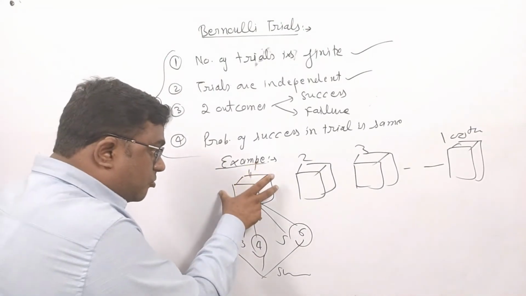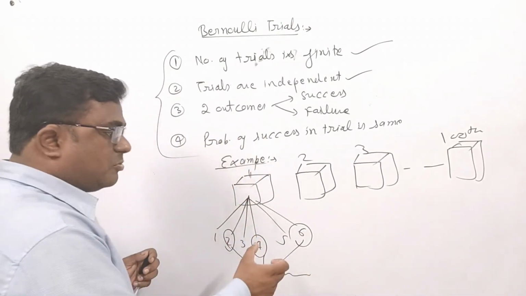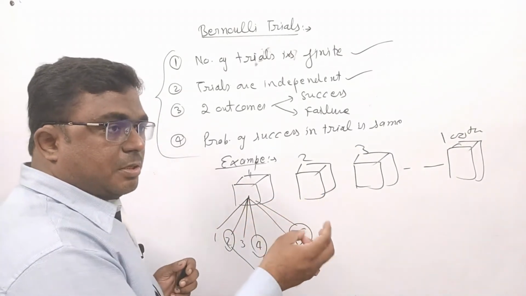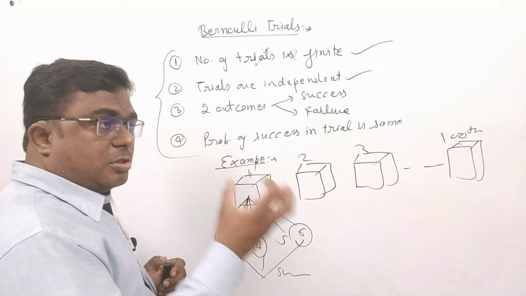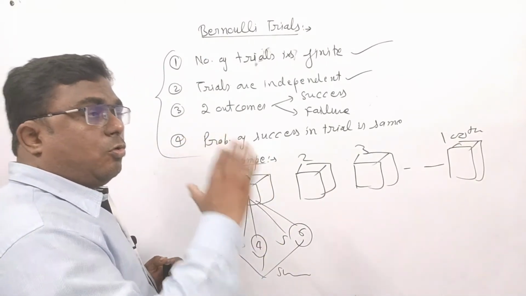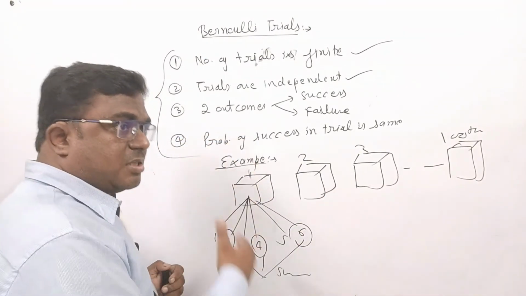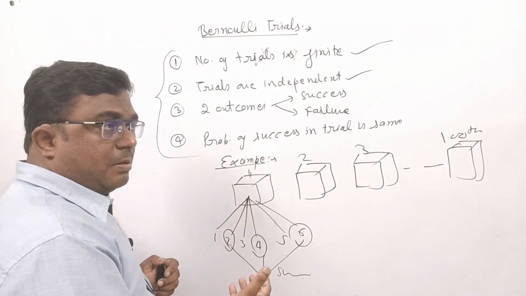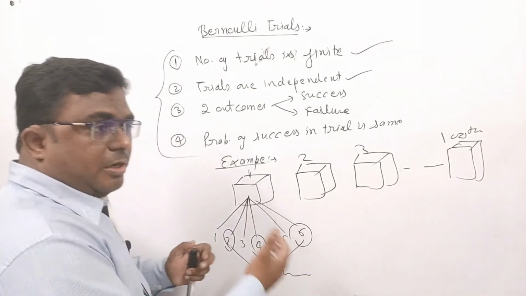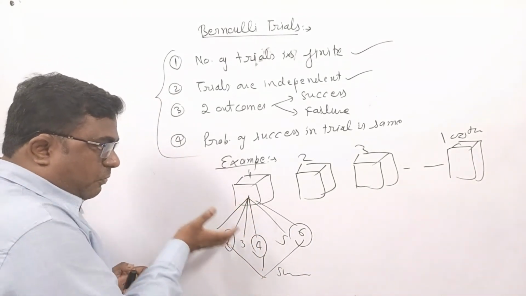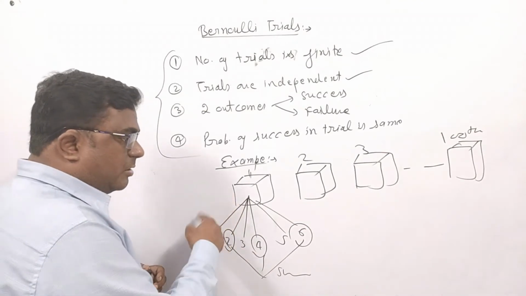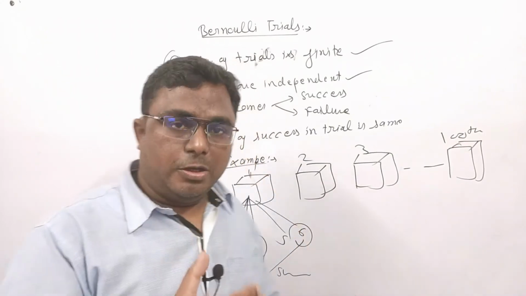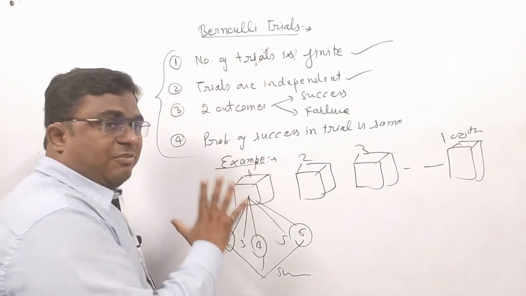So for the first trial, you are having two outcomes now. Initially the die was having 6 outcomes, 1, 2, 3, 4, 5, 6. But I converted those 6 outcomes into only 2 outcomes, success and failure. Success means getting an even number and failure means getting an odd number. That I decided from my side. So finally, what I did, I converted the 6 outcomes of the die into only 2 outcomes called success and failure. So this trial is now having 2 outcomes.